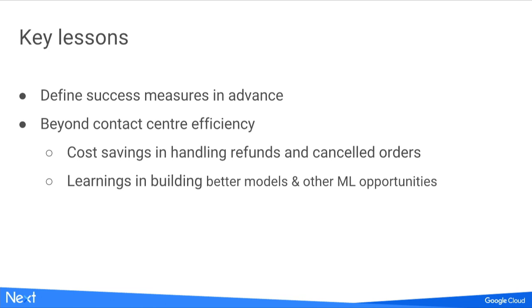Firstly, we learned that we had to define our success criteria really well. This was actually the business and the development team for the contact center who came to us with the problem. They were using measures like time for first response. Actually, what we found is that wasn't a great measure because it ignored the sentiment. It ignored the long-term compounding. If it's my first issue, does it stop me shopping? No. If it's 2 or 3, yeah. So we had to work with them on getting better measures